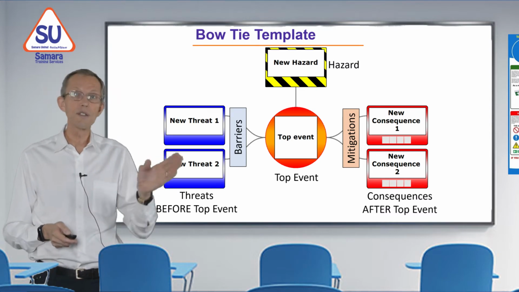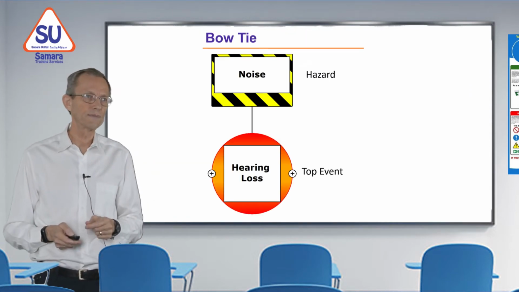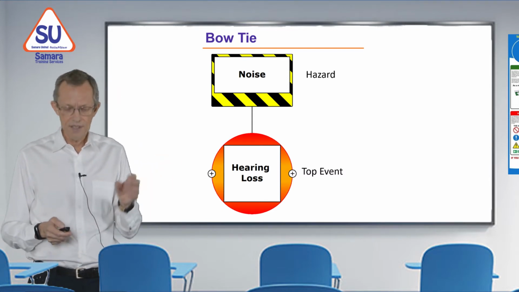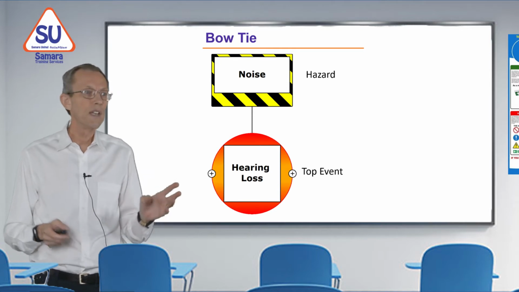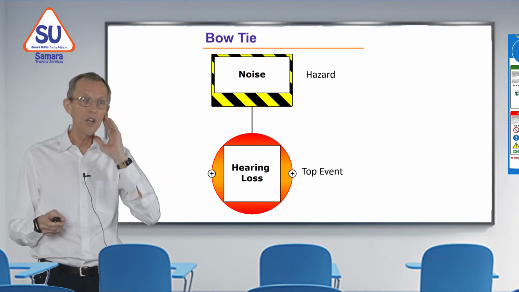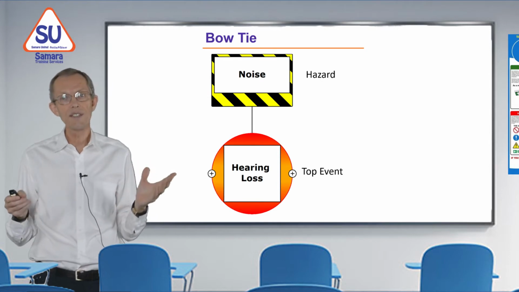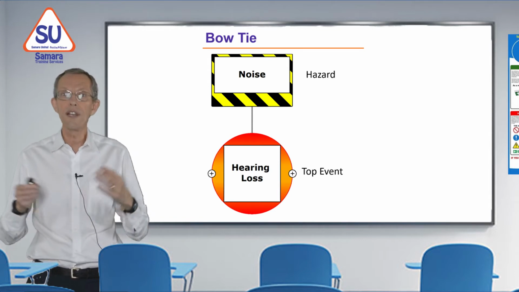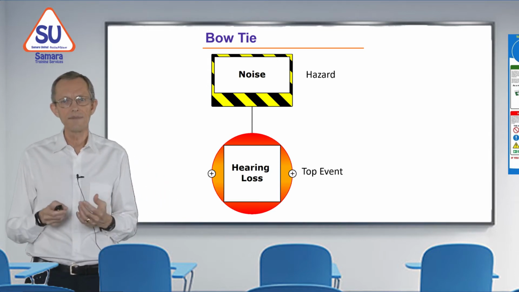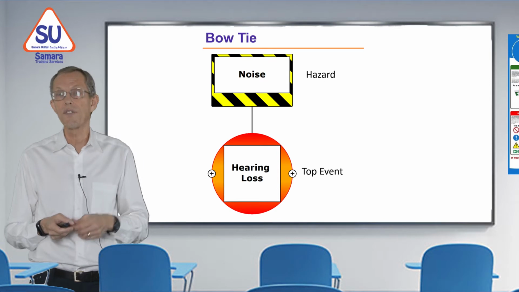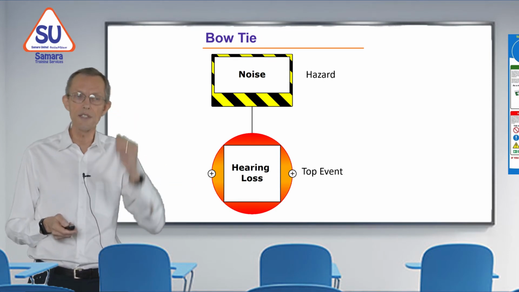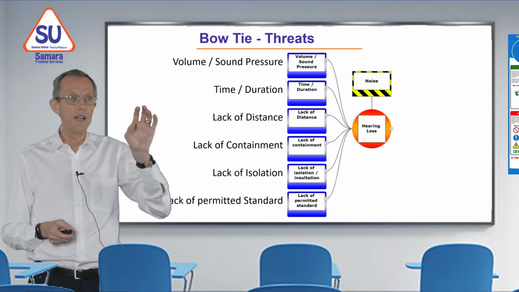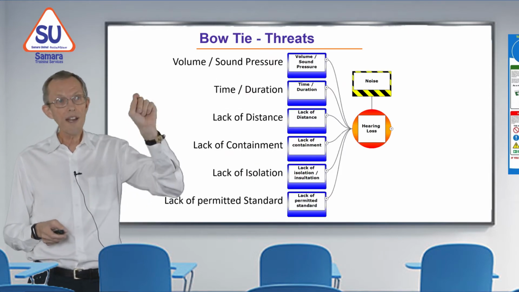So let's look at this in the context of noise. Noise is our hazard, and hearing loss is our top event. I've met people who have suffered occupational hearing loss, and it is harmful for them because they cannot hear normal conversation, they feel excluded socially, and they have many disadvantages as a result. They can't use phones, for example, for talking to people. So we'd like to introduce some control measures. So the threats in blue